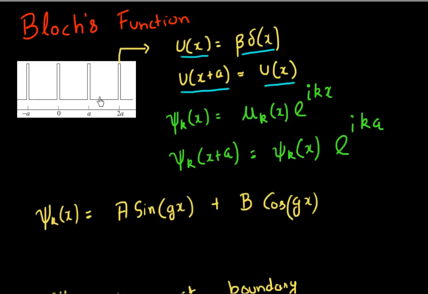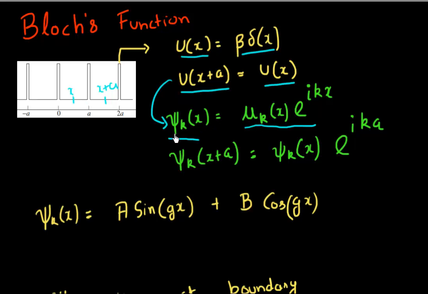My potential also has the periodicity of my lattice constant. So my potential at a point x is the same as the potential at the point x plus a. And as a consequence of having this periodic potential, I determined that my wave function, which is this phi k, will be of the form of a small u_k multiplied by this exponential e to the power iota kx,